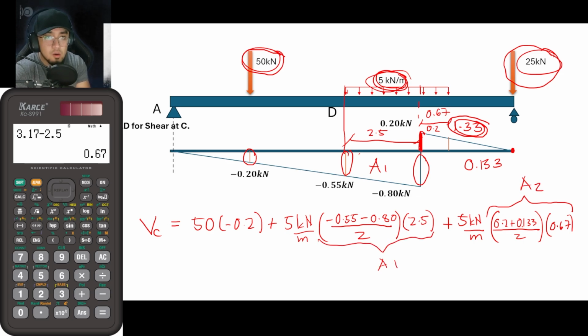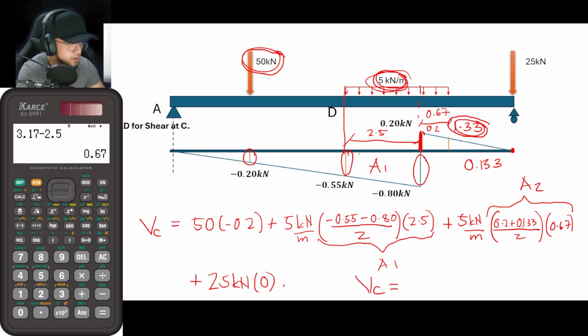Okay, so what about for this one here? Again, what I have said earlier, this load here will not really affect the shear. Okay? So this is plus 25 kilonewtons times, if you would be projecting it, its value is equal to 0. So times 0. Okay, so from that, the value of VC is now equal to,